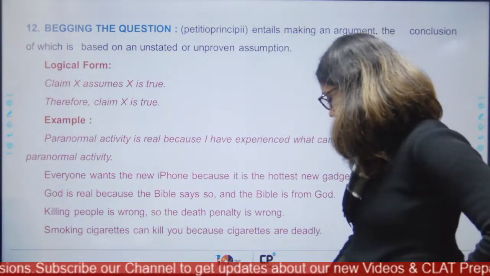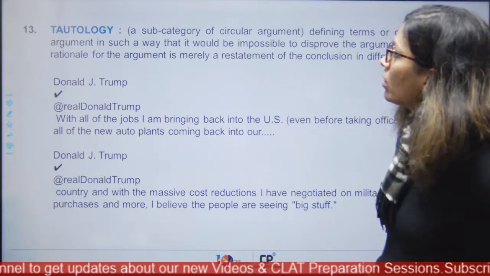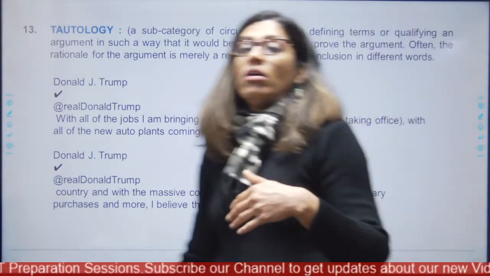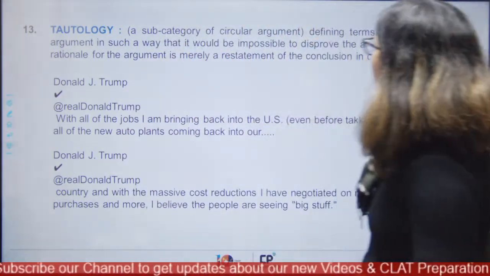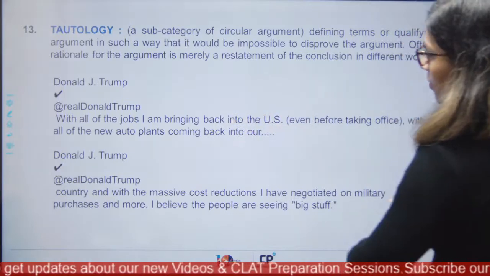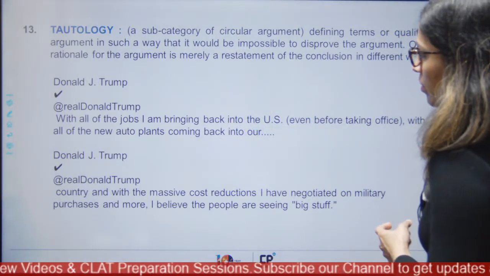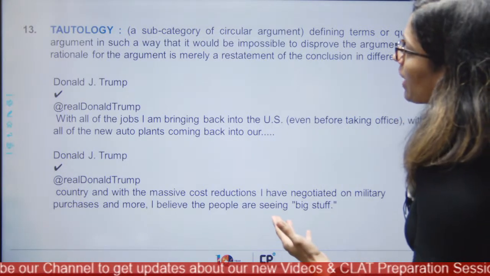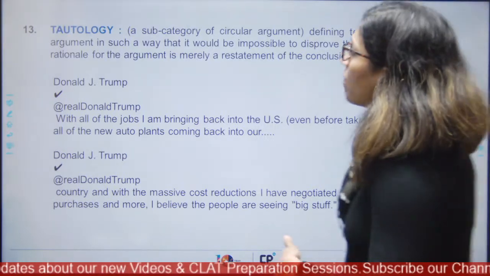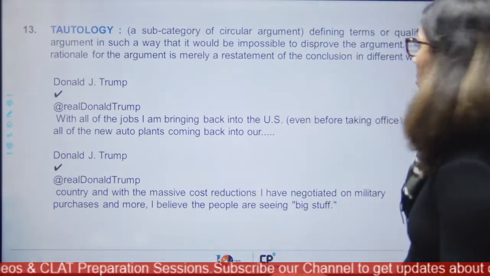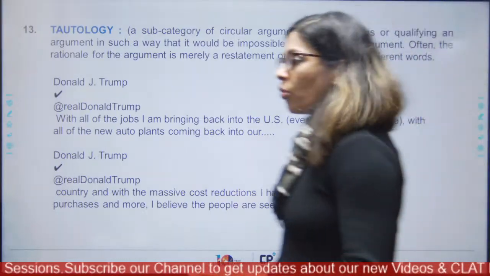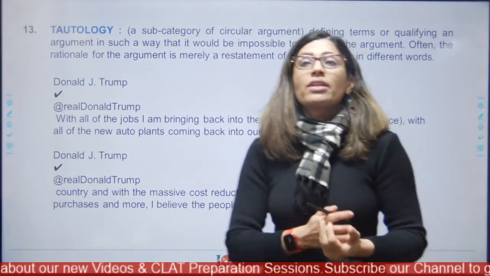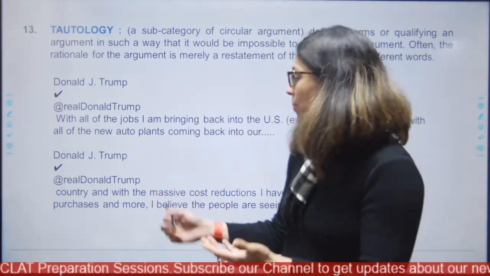Great. So we move to the next one. Tautology or circular reasoning is a subcategory of begging the question, and it is the same thing. You know, where the defining or qualifying an argument in such a way that it would be impossible to disprove any part of it, right? So why can't you disprove it? Because the argument is structured in the same way. For example,